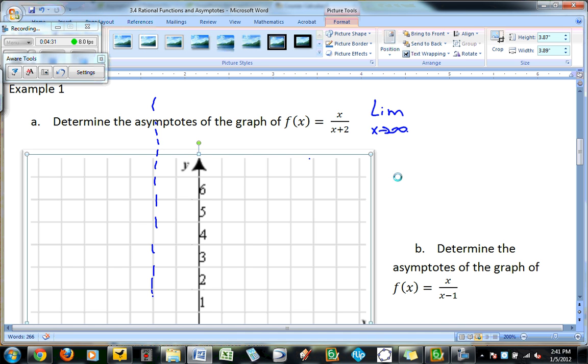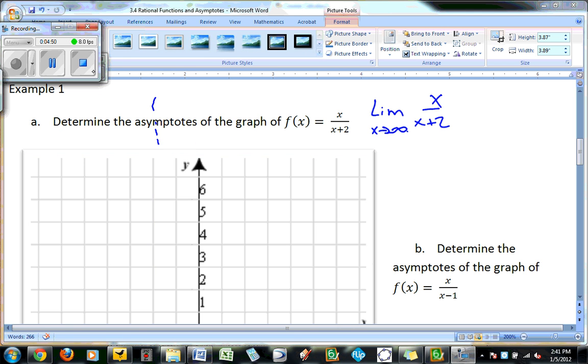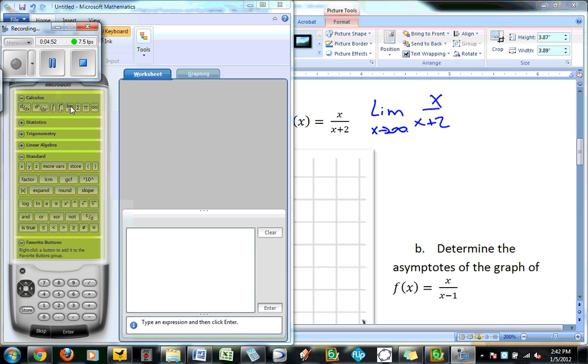We're going from 0 all the way to 1 million and above. So as x is getting a really big number, we're looking at what this graph, x over x plus 2, is going to do. All right, I'm going to pause the video right here because I need to pull up a calculator, and I'll be right back. Okay, so I pulled up this calculator here to show you that as x is getting bigger,